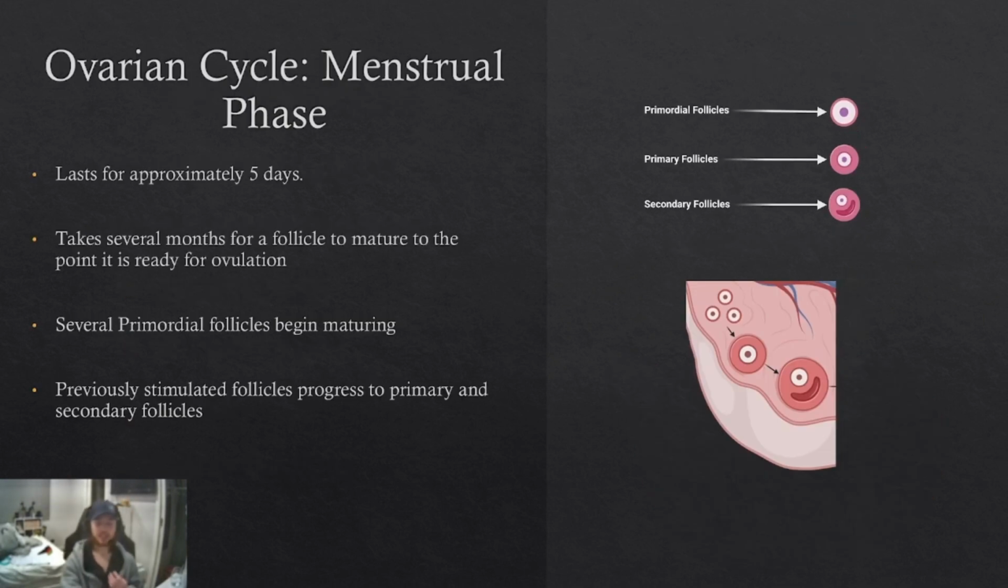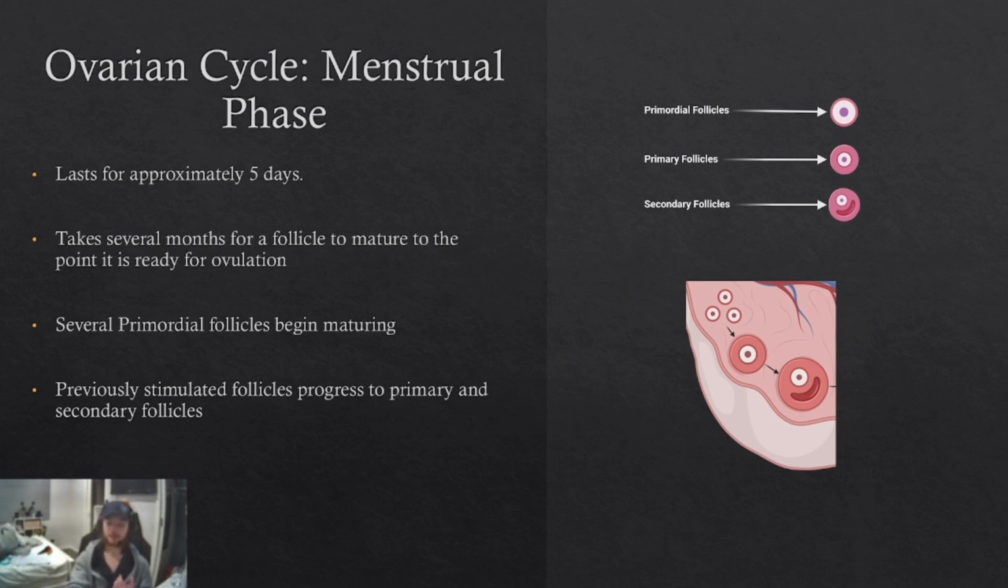phase. The menstrual phase lasts for approximately 5 days, with day 1 of the reproductive cycle generally being the first day of menstruation. It takes several months for an ovarian follicle to mature to the point where it is ready for ovulation, meaning that the events in this cycle surround the actions of multiple follicles, which are each at different stages in their development. During the menstrual phase, several primordial follicles begin maturing under the influence of follicle stimulating hormone, while the other follicles, which had already been stimulated in a previous cycle, are slowly progressing through the stages of